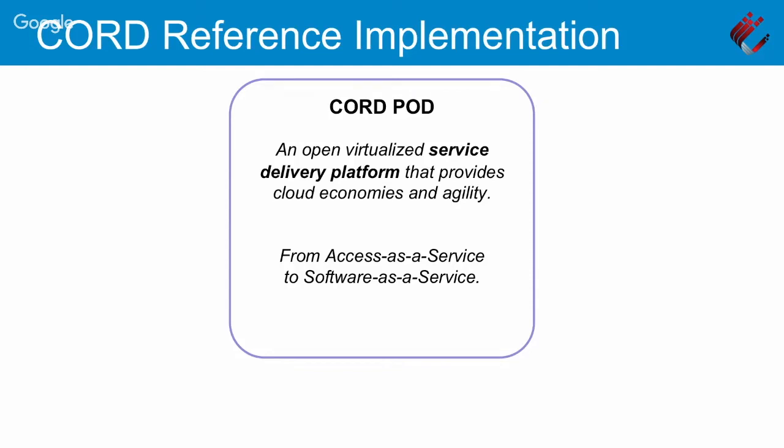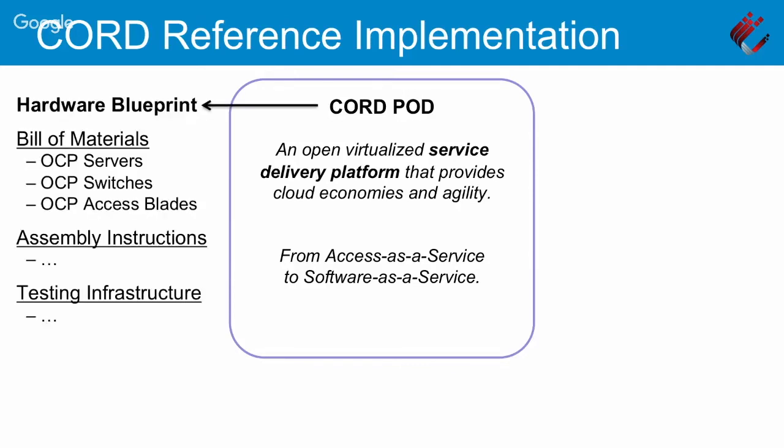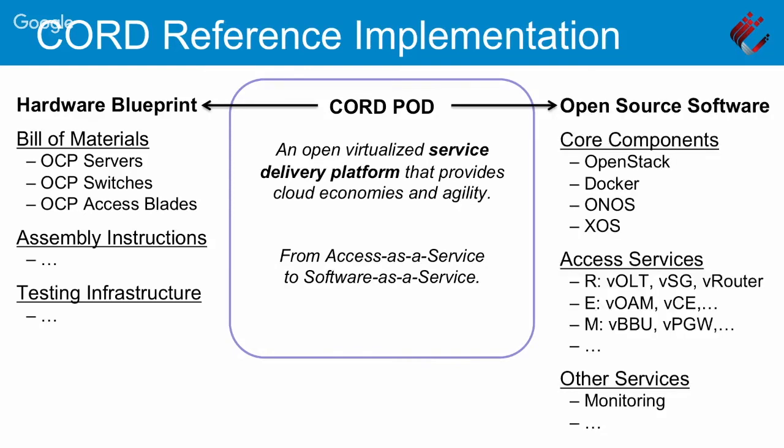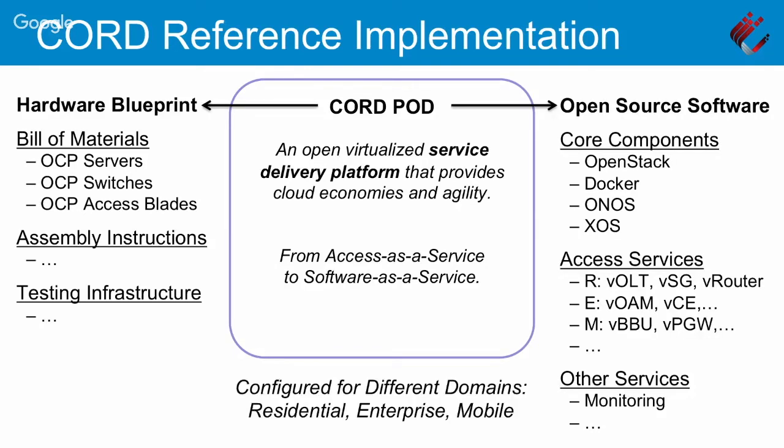Again, this GCORD pod is a notion that you can build out a partial rack, a full rack, a couple racks worth of hardware. And it is a pod in that you can drop it into some field trial or drop it into some lab. And you've already seen from Guru earlier, we tell you what the hardware is, we tell you what the software is, we give you assembly instructions that both assemble the hardware and build out the software. And you can configure it differently. So this isn't like push one button and it does everything. You've got to say, I want the residential version, I want this version, I want that version. There are CAN versions. You can come in and define new configurations as well.